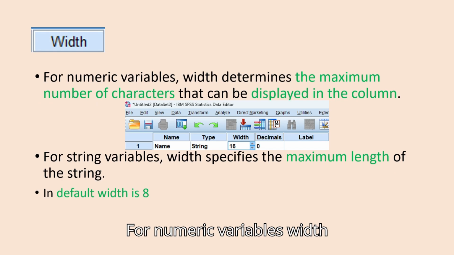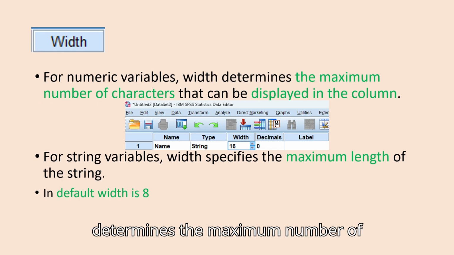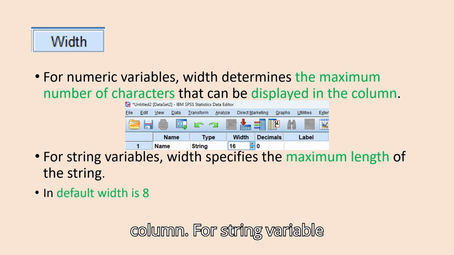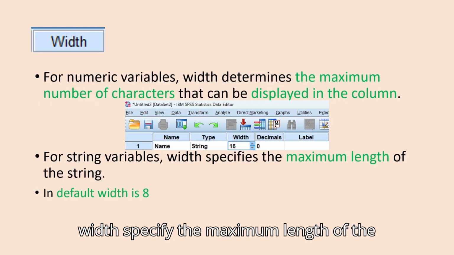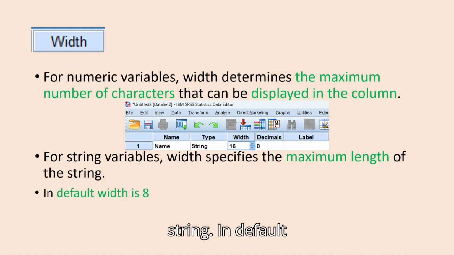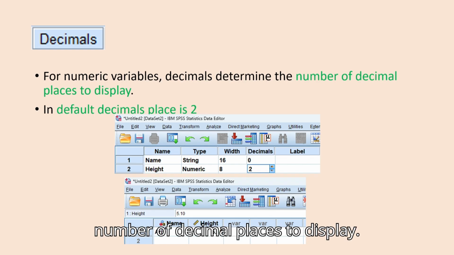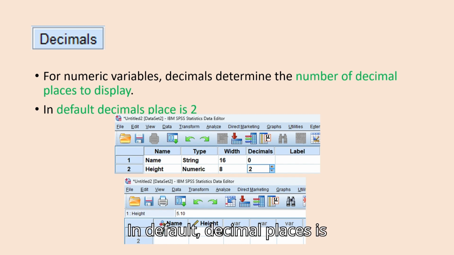For numeric variables, width determines the maximum number of characters that can be displayed in the column. For string variables, width specifies the maximum length of the string. By default, width is 8. Decimals: for numeric variables, decimals determine the number of decimal places to display. By default, decimal places is 2.